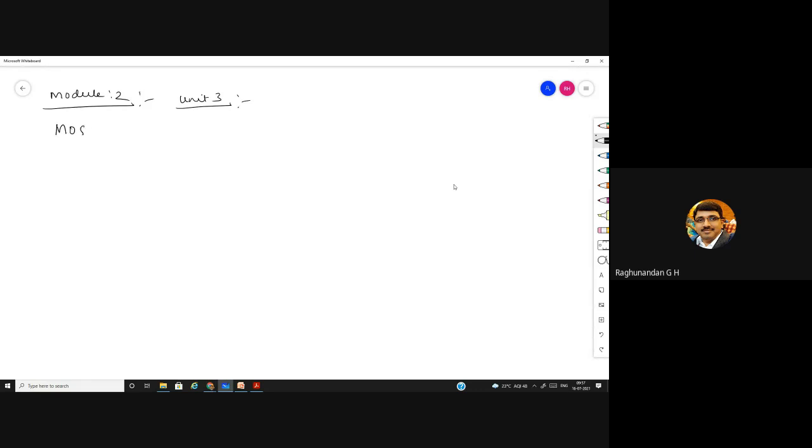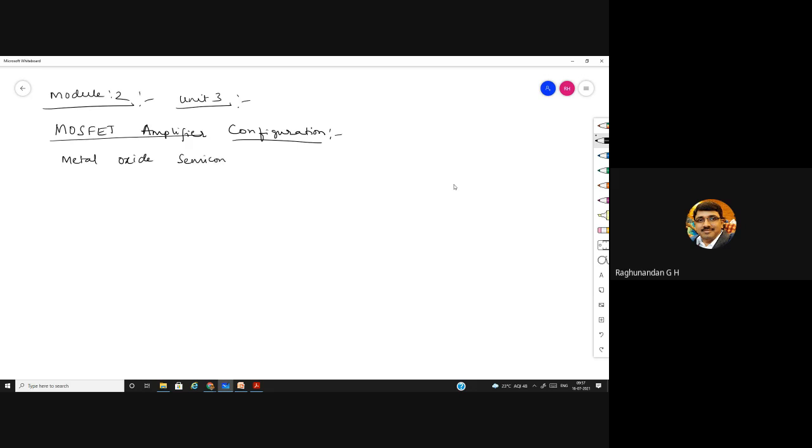The next chapter, MOSFET amplifier configuration. So the MOSFET amplifier configuration, first of all, as you know, the MOSFET means metal oxide